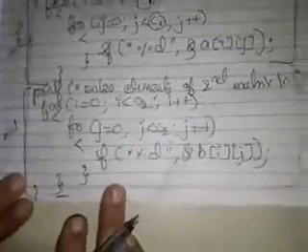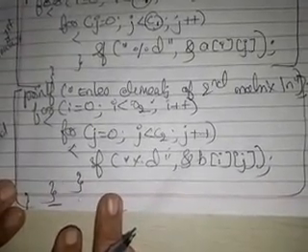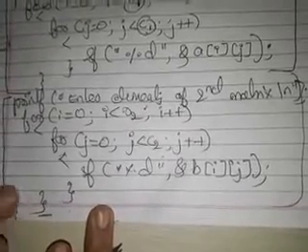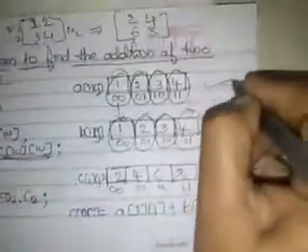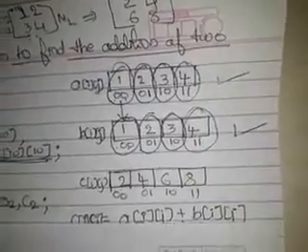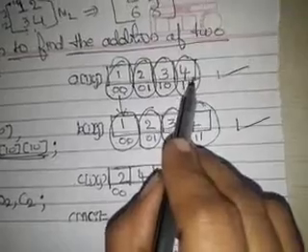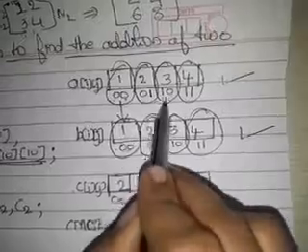Next, while reading the elements of the second matrix, also the same thing. Always we need to read in row major order. Then the logic will be very simple. That's why we did it in row major order. So the next very important thing is that by reading successfully I have got the elements of the first matrix and the elements of the second matrix. They will be stored continuously in memory as 1, 2, 3, 4, with array indices 0 0, 0 1, 1 0, 1 1, and the same thing for B also.